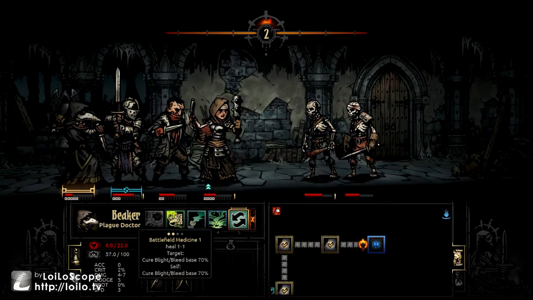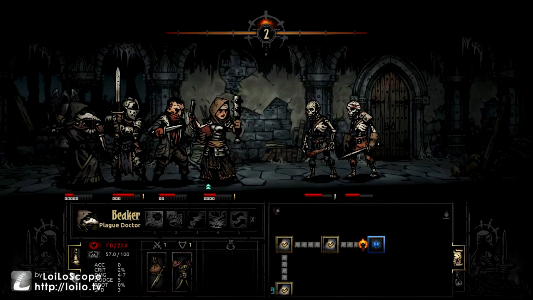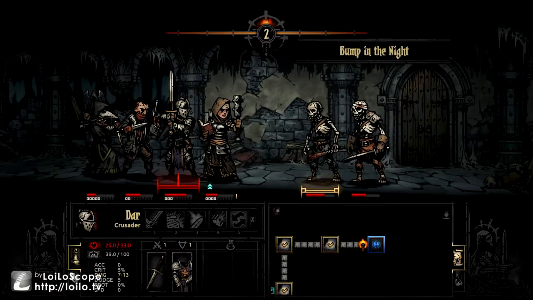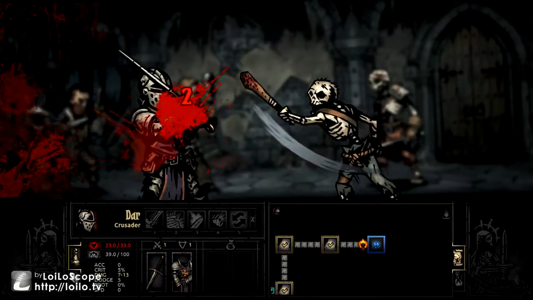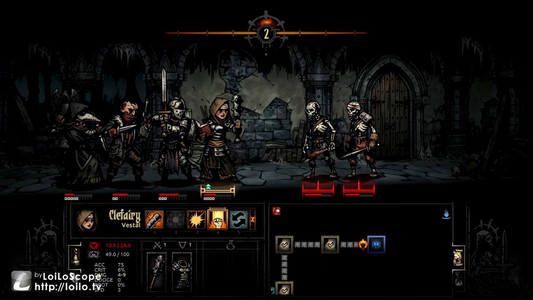Oof, we are not doing well. Let's do that little 1-point heal on myself, I guess. Nice job, Beaker. Let's keep moving Dar up the ranks here, so you can see it's very inconvenient. The Crusader does have an ability I can get that lunges forward. Some abilities actually will move you as you attack, which is nice, but...